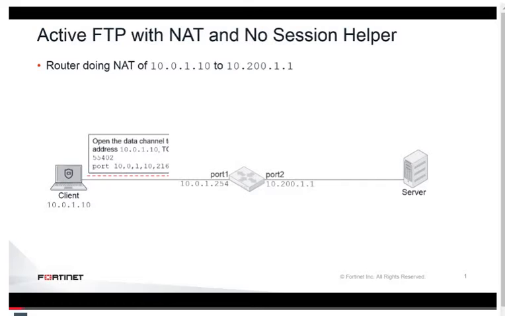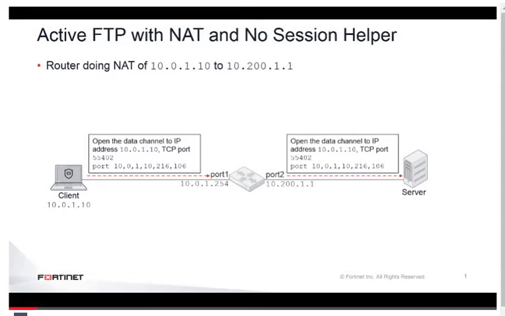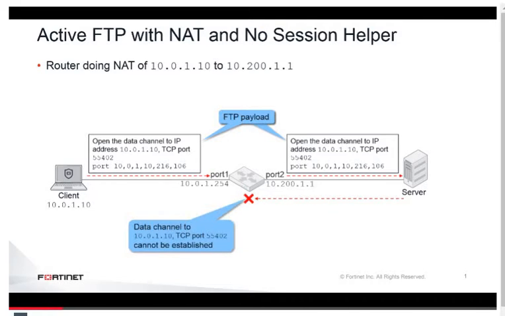Active FTP won't work if the control channel crosses a network device doing NAT that does not have a session helper. In the example shown on this slide, an FTP client is connecting to an active mode FTP server. There is a router in the middle doing NAT of the client IP address 10.0.1.10 to the NAT IP address